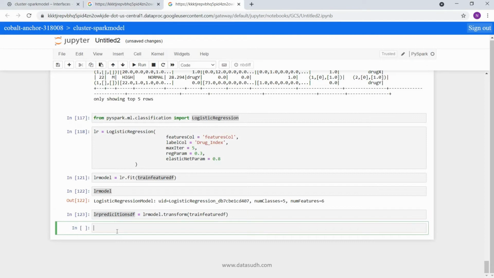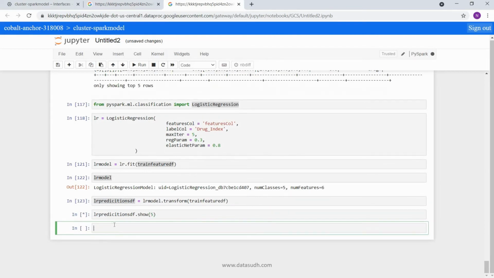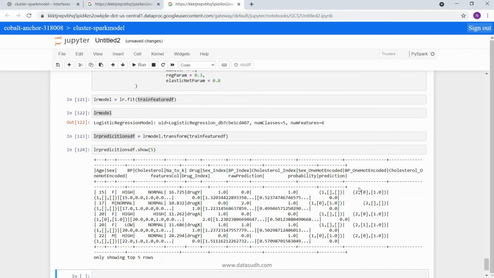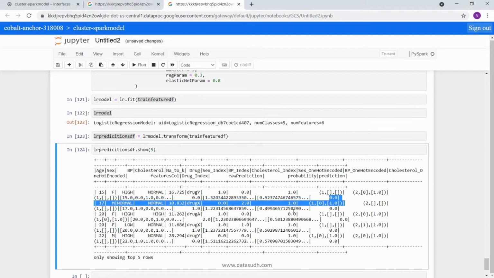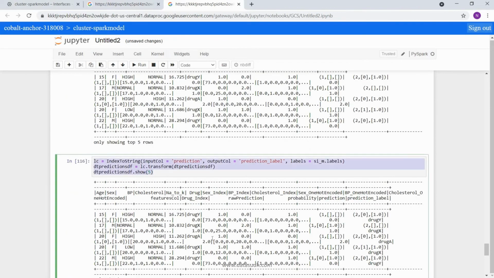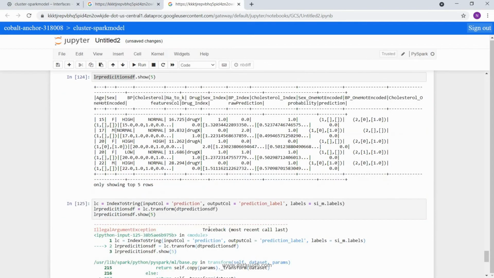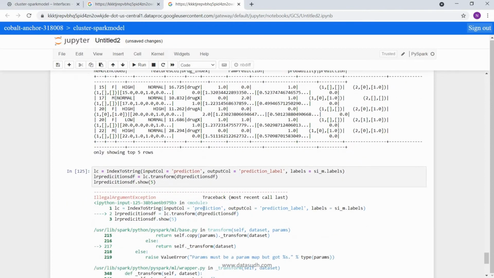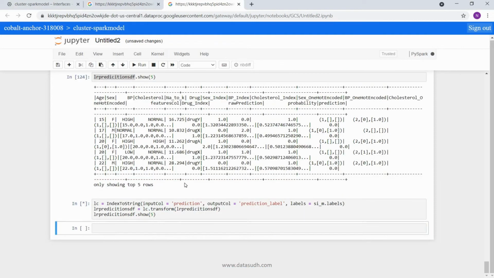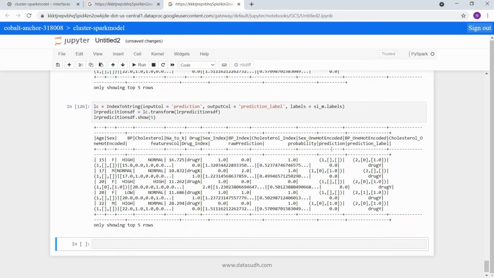Okay, then view. So I have got my predictions and probability with logistic regression classification this time. Now again I will convert this prediction index to prediction label. For that we will use index to string again. Okay, and run this. So now for logistic regression model as well, my predictions are converted to my prediction label so that we